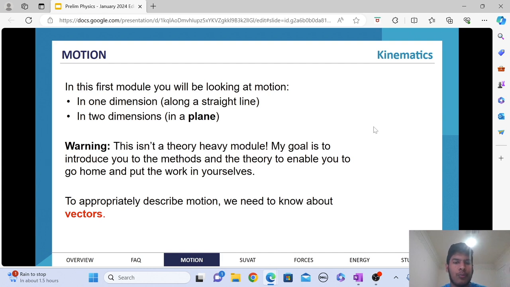The warning here is that this isn't a theory-heavy module. The goal here is to introduce the methods and the theory required for you to go home and put the work in yourself. Again, with these kinematics questions, it comes a lot with actually doing questions and becoming comfortable with more and more complex setups. And when we talk about kinematics,